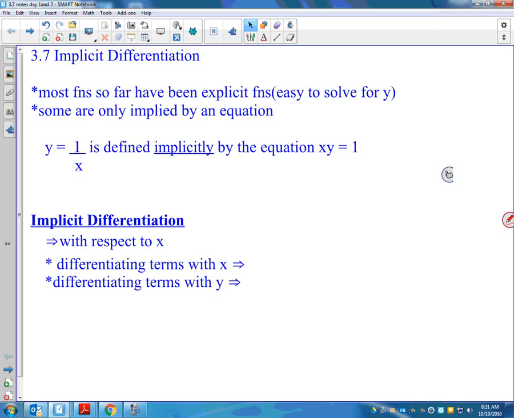So most functions, the book says, are called explicit functions, which means that it's really easy to solve for y, right? So normally we have y equals something in terms of x, and we can solve it. But sometimes they're not that easy to solve for y. So like this one would be easy to solve for y. But think about if you had something like x squared plus y squared